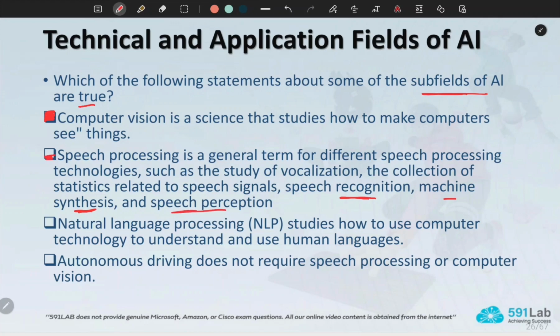This one is also correct. So we have picked 2 up till now. Let's see the third one. Natural language processing (NLP) studies how to use computer technology to understand and use human language. This is also correct.